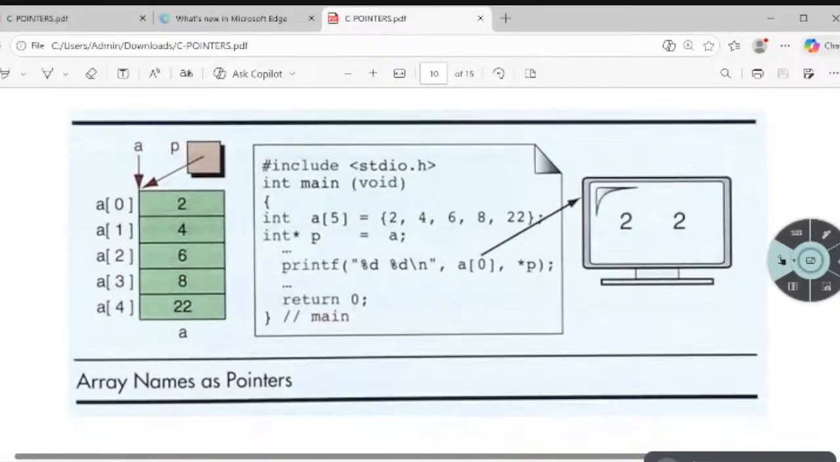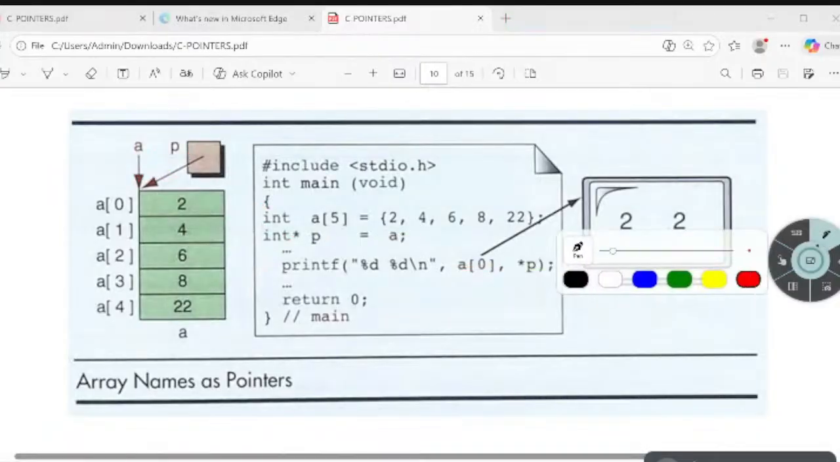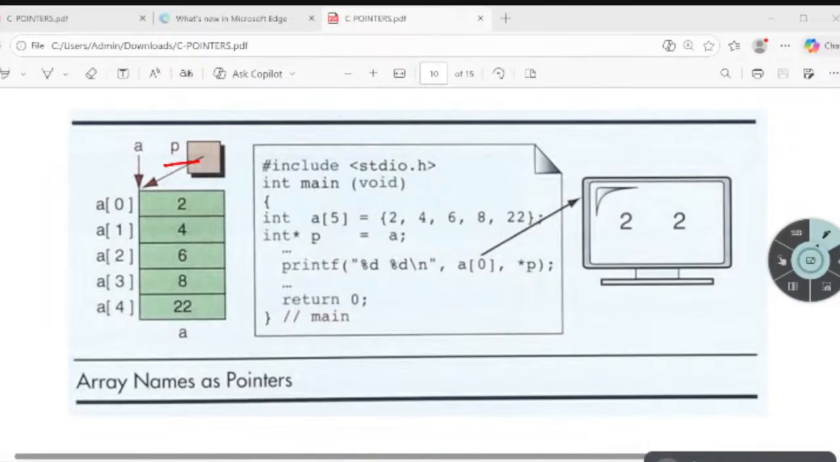And this program is also completed, right? Here we have used the name of the array, and what is the second one? Expression. We have used the pointer here, P. That is, A is assigned to star P, right? Name of the array is assigned to pointer. That means